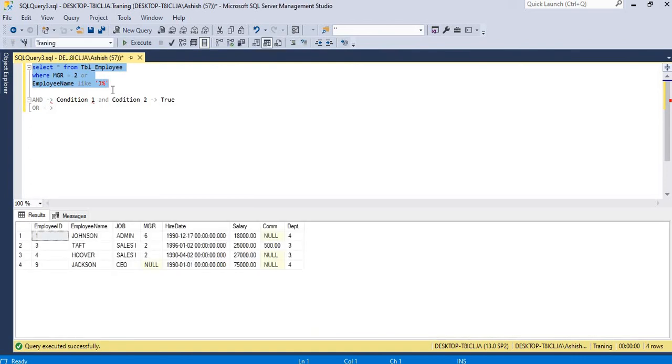So see, the employees whose name starts with J, those records are coming, and or manager ID should be 2. So see, these two records are returning. So what we have learned is that in AND both the conditions should match, but in OR any one condition should match.